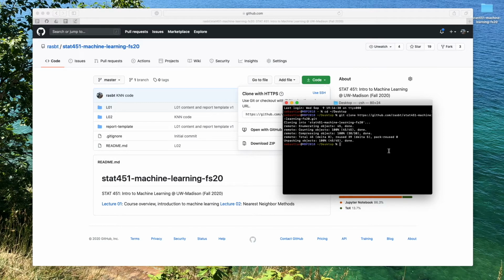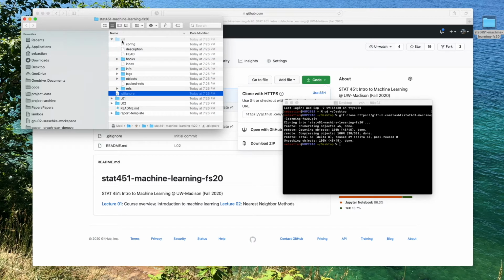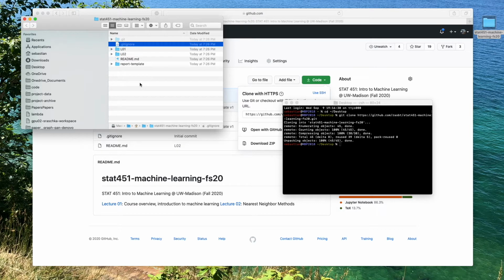After it downloaded, we have this folder here now on the desktop. And if I open it, it's basically a copy of the GitHub repository. There are some additional files or an additional folder, the .git folder. It just contains the basic Git history, Git log files, and so forth. This .git folder is basically what makes it a Git repository.